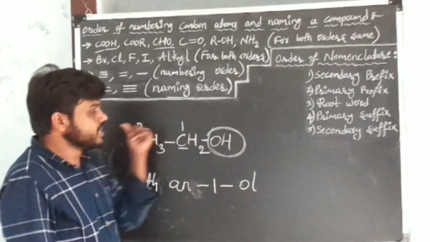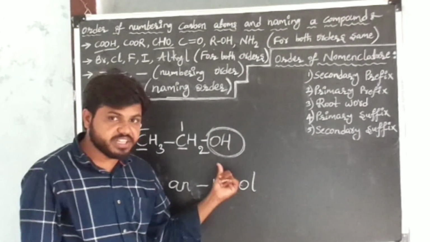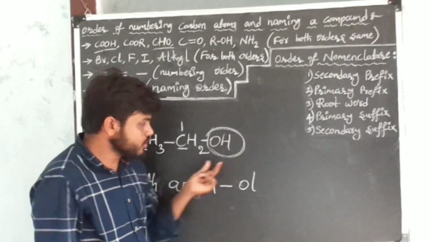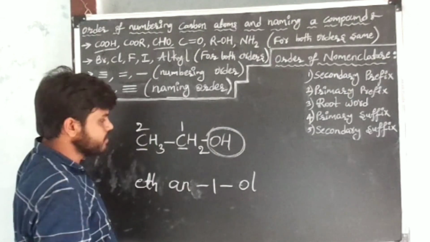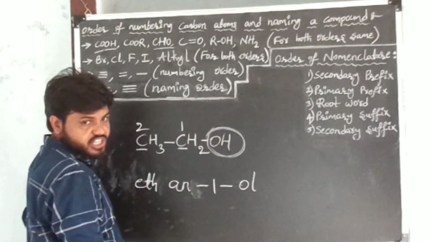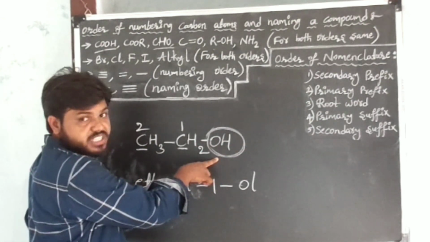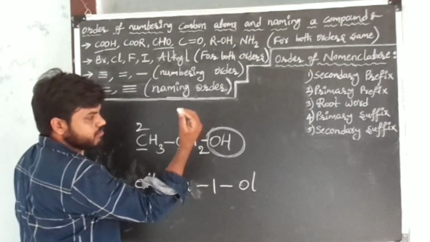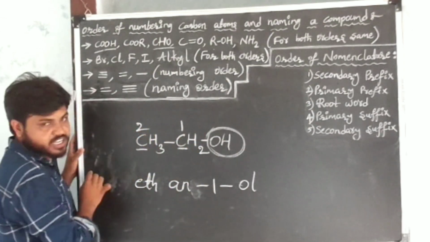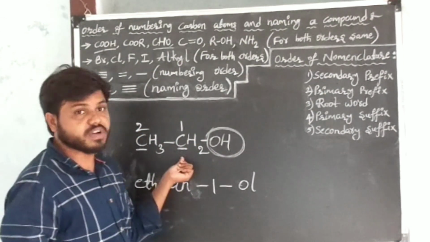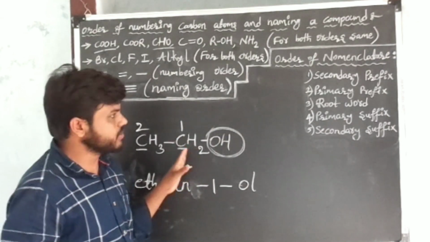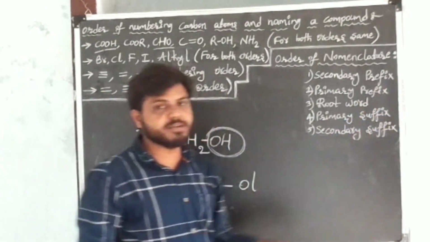I am repeating. This is the given carbon compound. In this, one functional group is there. When you give the numbers to each carbon atom, this functional group should get the lowest number. The name of the functional group is alcohol. So I am starting from the right side. This is the first and second carbon. Alcohol position is first, which means it gets the least number. So first write the secondary prefix.